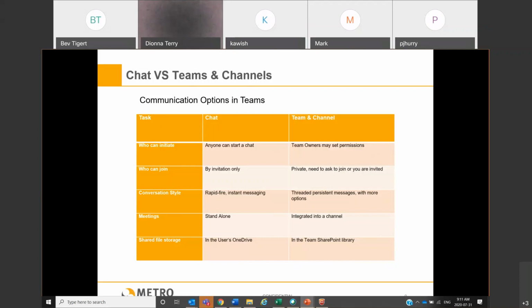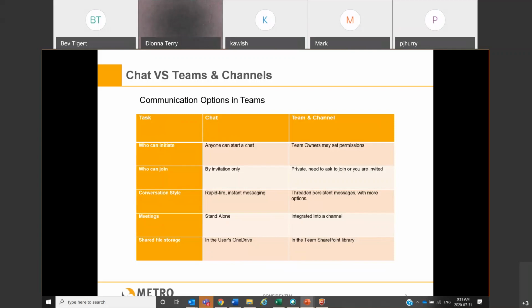You will invite members and you will invite others to be owners. So best practice is to have 2 or 3 team owners for each team. And the reason is vacation, people move, promotions, or leave the organization. This is just a real easy way to transfer files from one owner to another owner. So that's what that's all about.